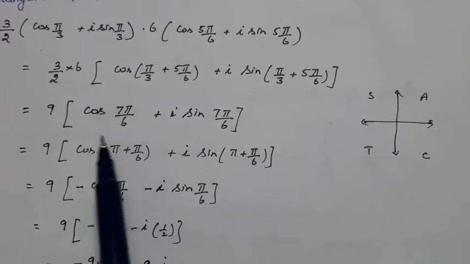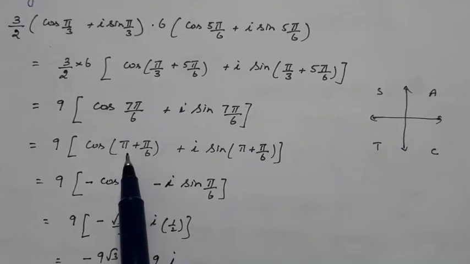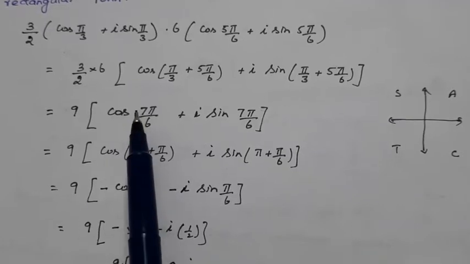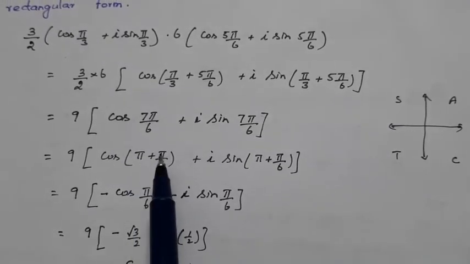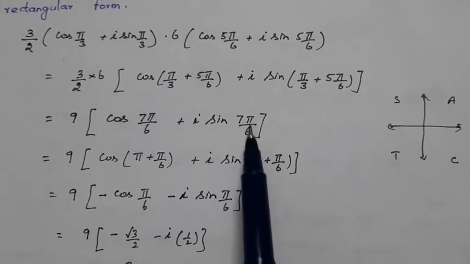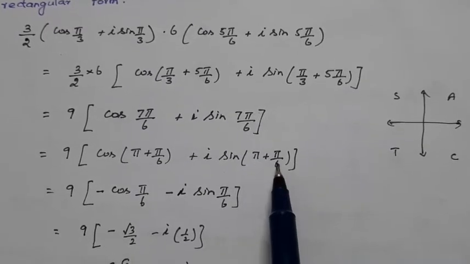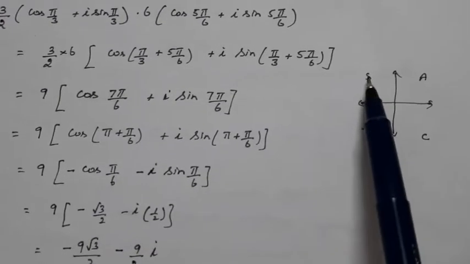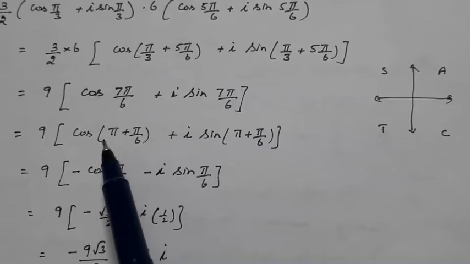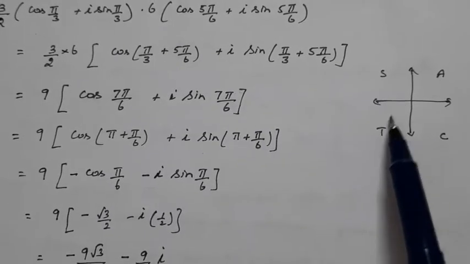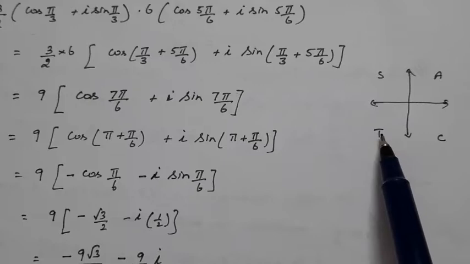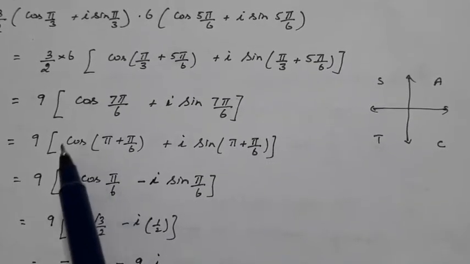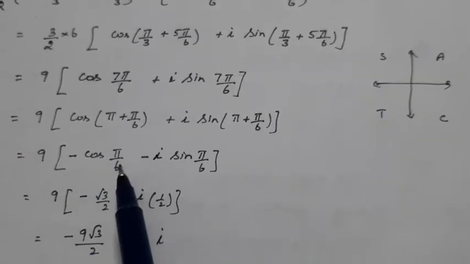In order to get its exact value, let us split this as pi plus pi by 6. 7 exceeds 6, so 6 ones are 6, 6 plus 1 is 7. So pi plus pi by 6. And similarly here also we can express this as sine of pi plus pi by 6. Now what is cos of pi plus pi by 6? You know that in the quadrants, all students take centum. Cos of pi plus pi by 6 lies in the third quadrant, where only tangent is positive. So cos will be negative. For 180 degrees, the ratio won't change. So it will be equal to minus cos pi by 6.